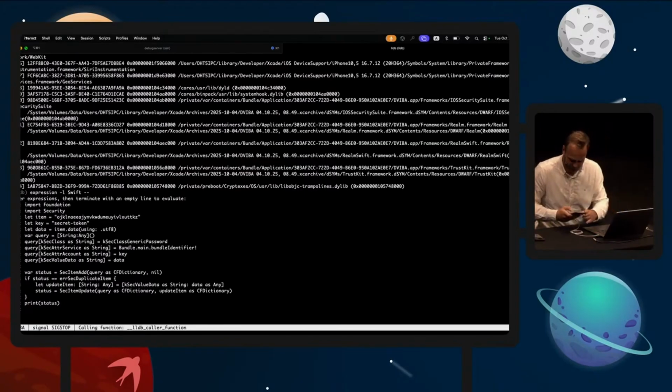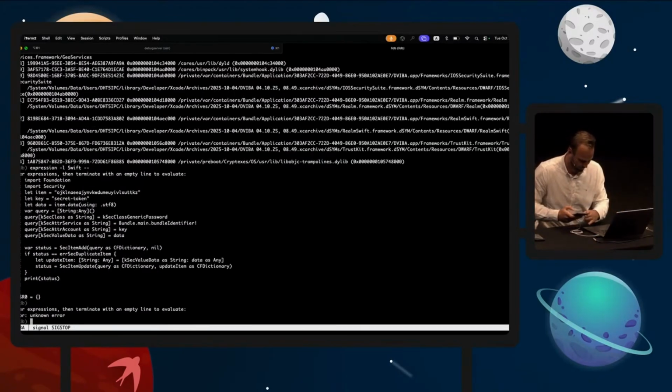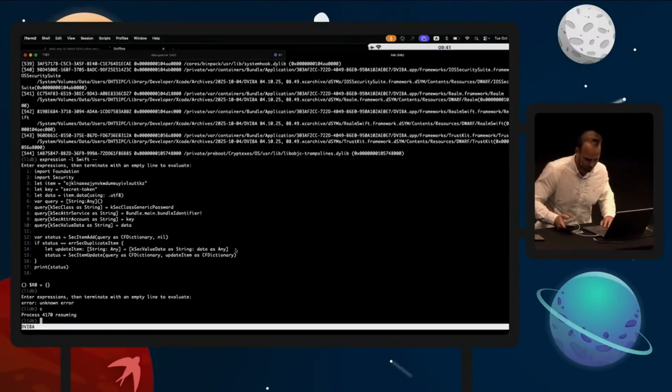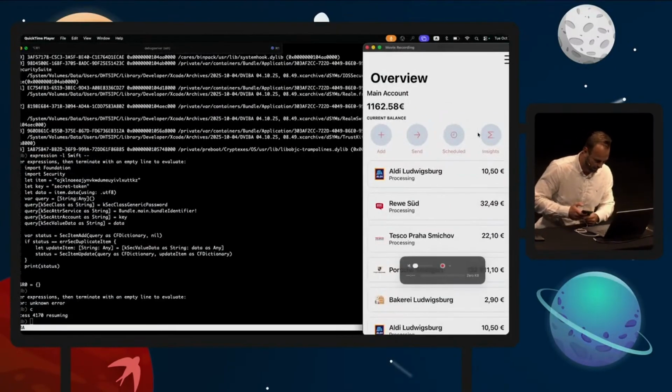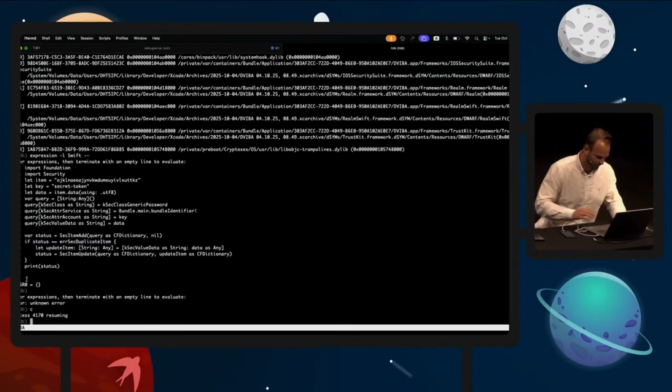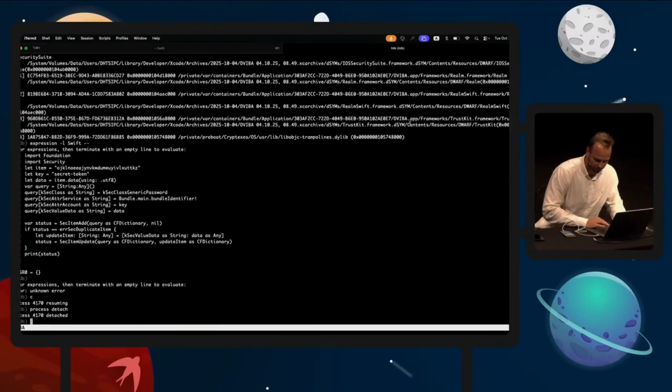Yeah, okay, I think I know. Okay, so what happened is, now if I continue the process execution, then I'm back in the application's runtime. It actually succeeded because you can see it here. So what I can do now is run process detach. That will kill my debug server here.